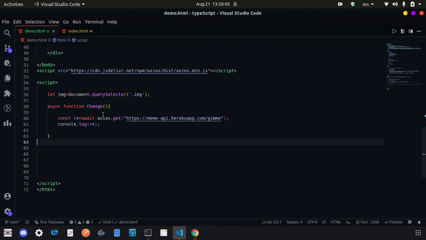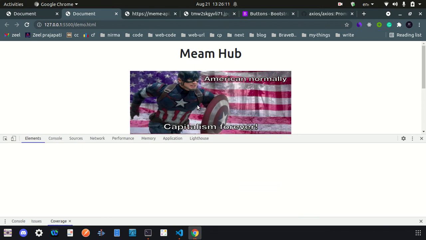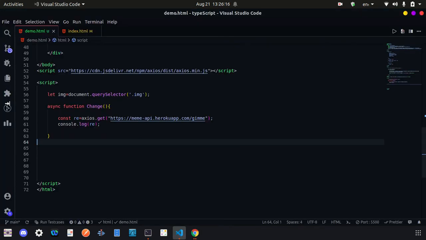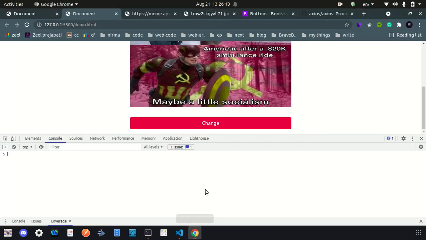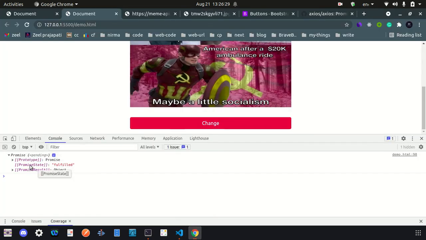And here, if I do not use await, then our API is called but our browser does not know. After some time it will know, when console logging, our response is not getting fulfilled. At the time we are doing console log, our promise is not executed, or we can say our answer is still in the web API.